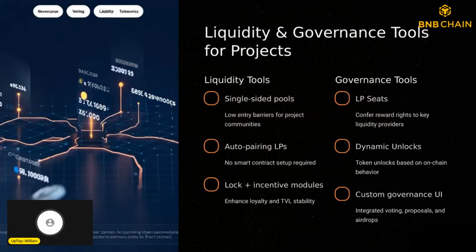And the last one is, we also support project teams with single-sided pools, LPCs, and auto-pairing LP.